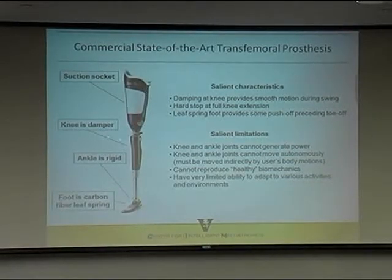It has a knee joint. The knee joint is basically just a damper. This is a lot like the damper on those doors or on a screen door, that when you throw it open, then it closes more slowly and smoothly. And then it also has this hard stop at the end, so the leg won't hyperextend beyond where it's shown right there. And so a lot of the time, the way that you keep it from buckling when you stand on it is just to make sure your weight is forward of the knee, and that will just lock it against this hard stop. The ankles are rigid, so it doesn't have an articulated ankle,